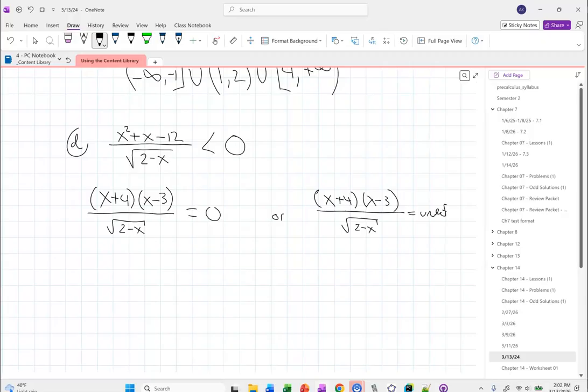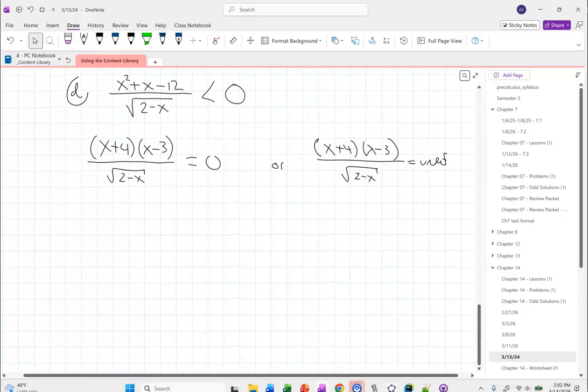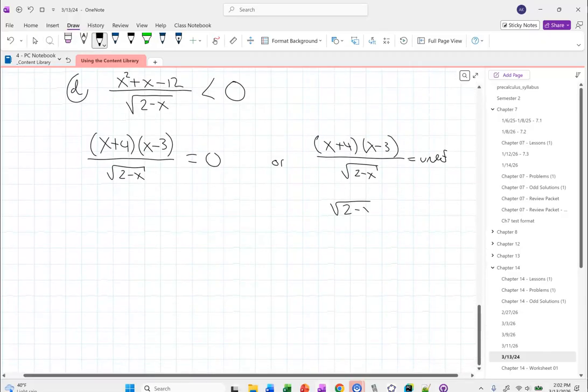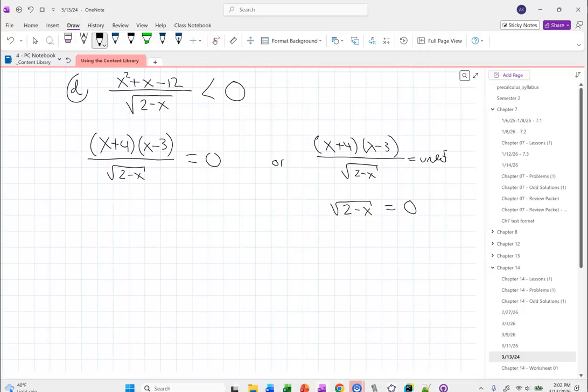The undefined piece was the part we said we had to be careful about, because it's a fraction: denominator equal to 0. And because there's a square root, the stuff under the square root has to be greater than or equal to 0. It's okay to square root 0. Is everybody okay so far? Is it always going to be like that for square root? Yes, always greater than or equal to 0. Okay, so let's do this one first.